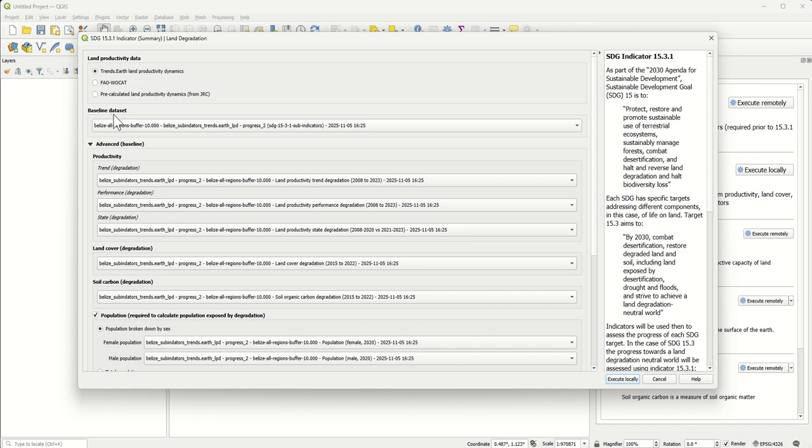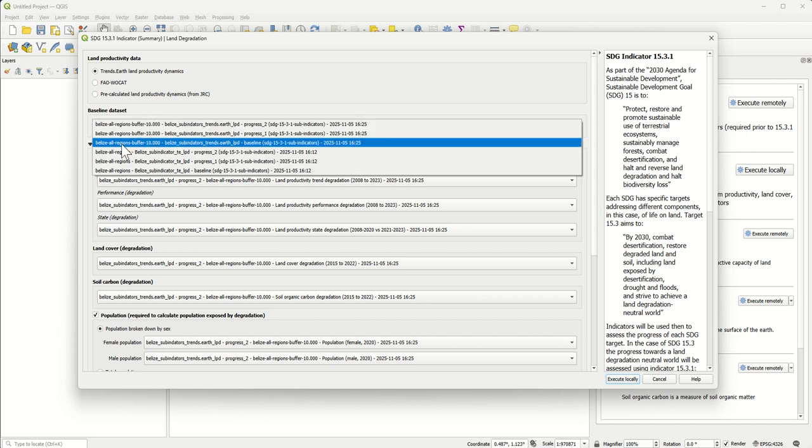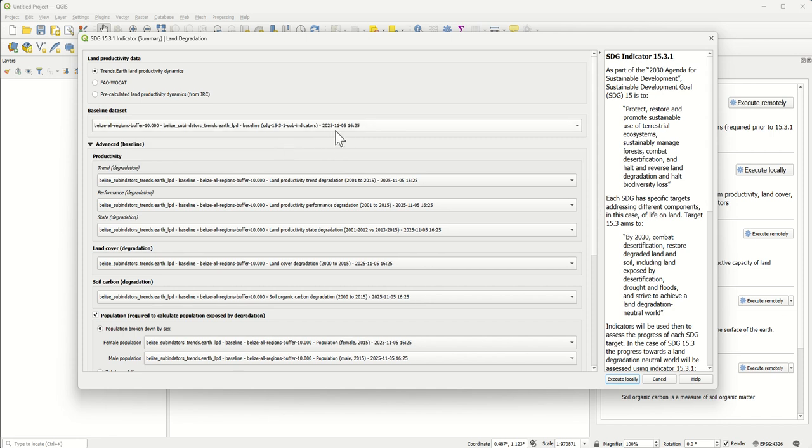So here we have the baseline dataset. I'm gonna click here and I can see that I have Belize or regions sub-indicators using the Trends.Earth LPD, and this is the baseline period. So I click on this option, and then automatically Trends.Earth matches all the calculated layers with each field.